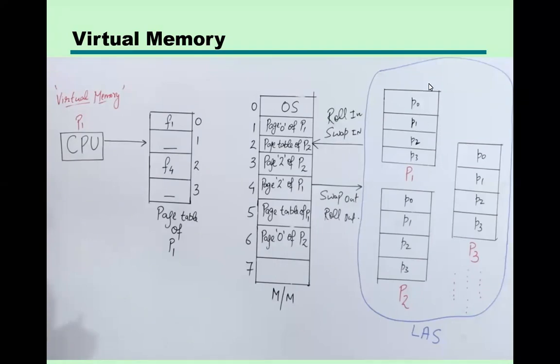Why? Because your process asks for P1, but after a period of time, your process may ask for P0 or P2. So that's why we copy their nearby pages also into the main memory, so that if another page is asked again, we can easily provide the page to the CPU, right? That's why nearby pages are also copied. That concept is called locality of reference.